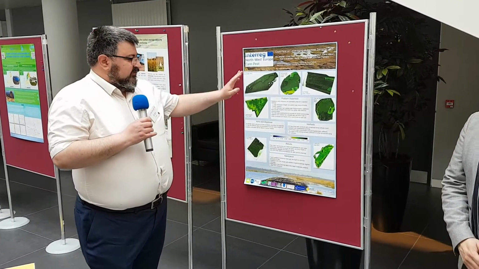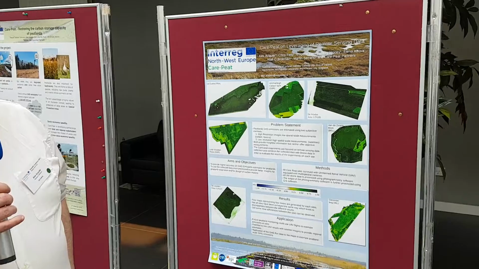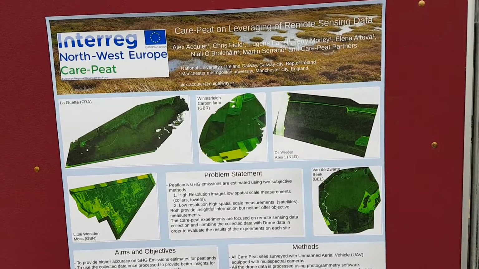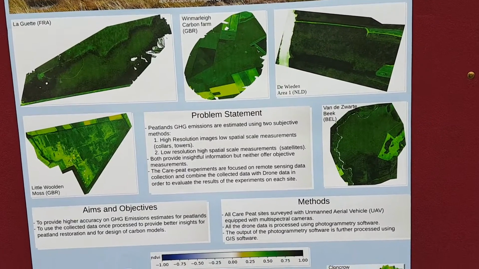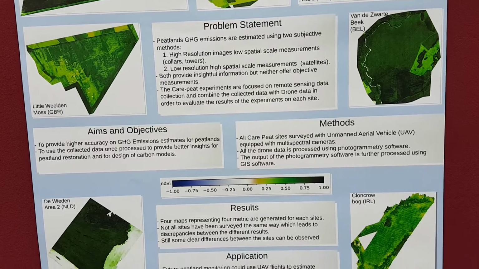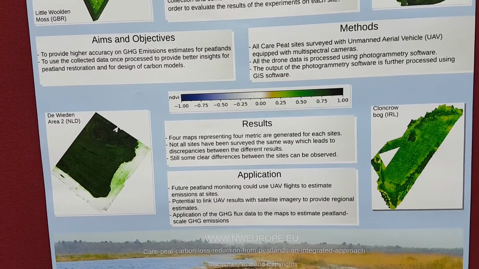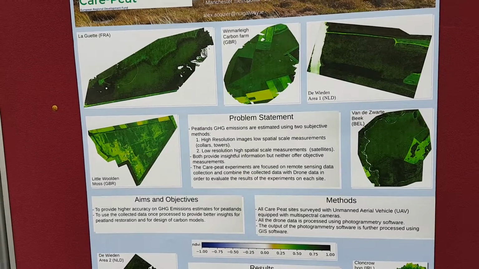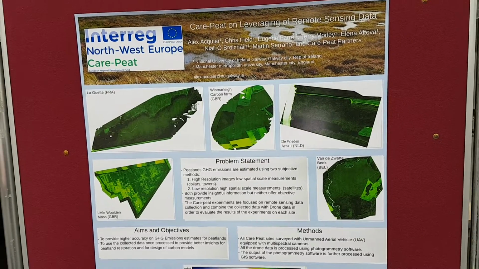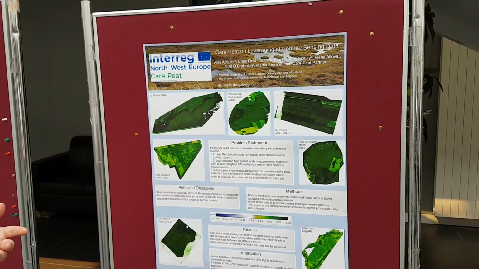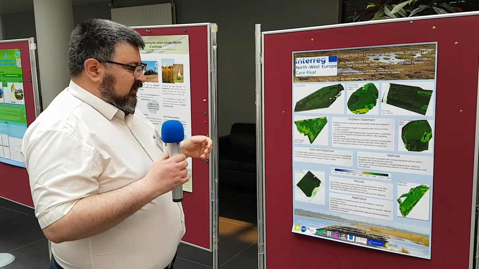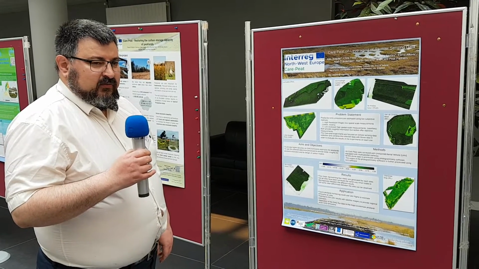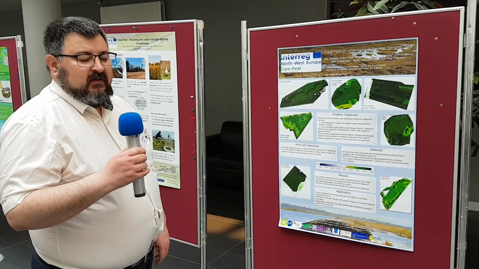Each of the maps shown here has been taken prior to restoration. It shows what is called the normalized difference water index, one of the four metrics used by the Peat partners to determine how the different restoration techniques worked on the different sites, and how well they fared. Also, they're going to be used to determine the hydrology levels, as well as help with carbon modeling. That's it.